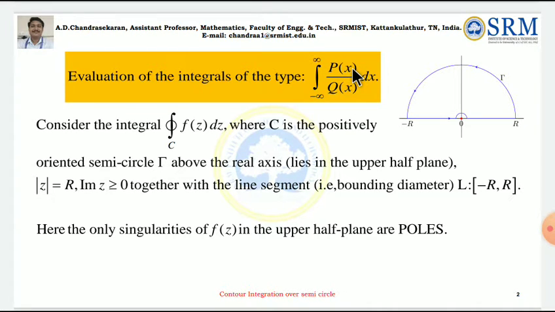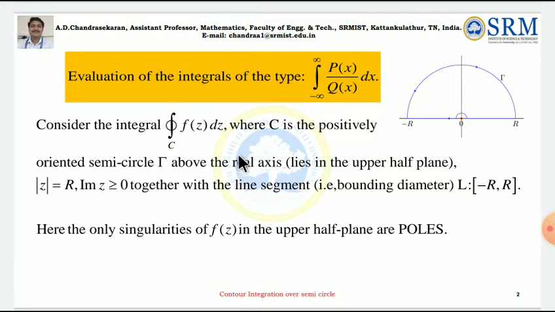What is x? X is the real part of z, isn't it? So let us consider the integral over C of f of z dz, where C is nothing but